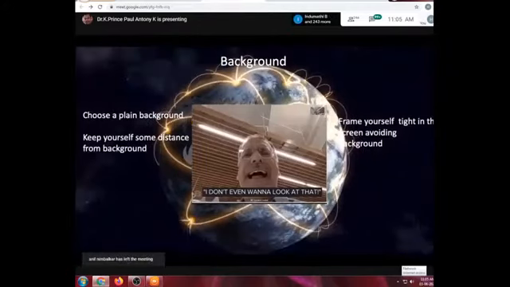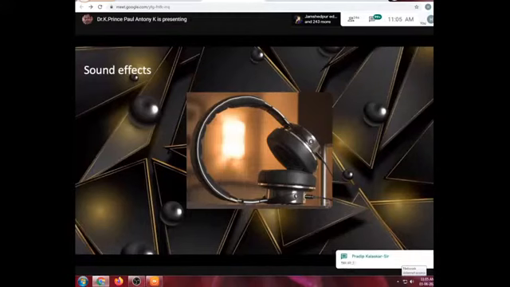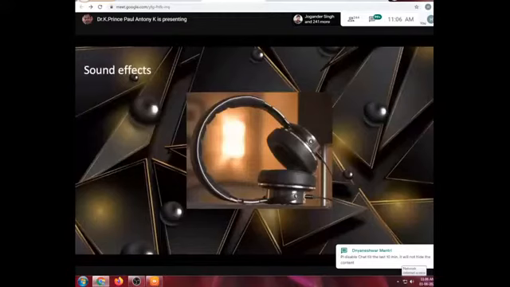Next is sound setup. Try to include a mic. Luckily, your phone as well as the laptop nowadays have a relatively good mic, so there is no need for an extra mic. Sound effects make scenarios and simulations even better and make it feel like a realistic class. There are many free sound effects available online. You have to attribute them. Try and limit background noises by closing the window, turning off the air conditioners and fans, and asking any roommates or family members to be quiet.